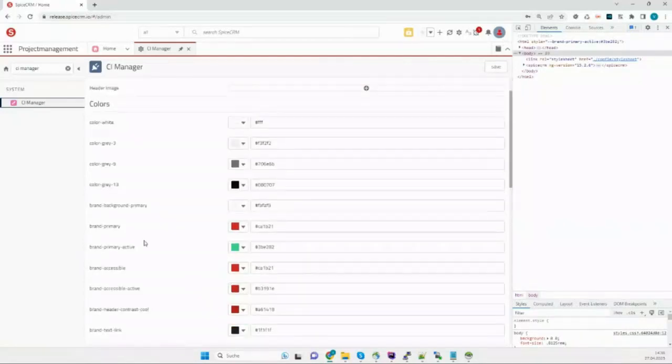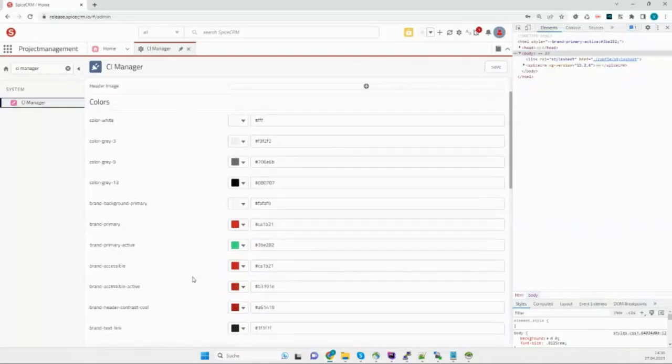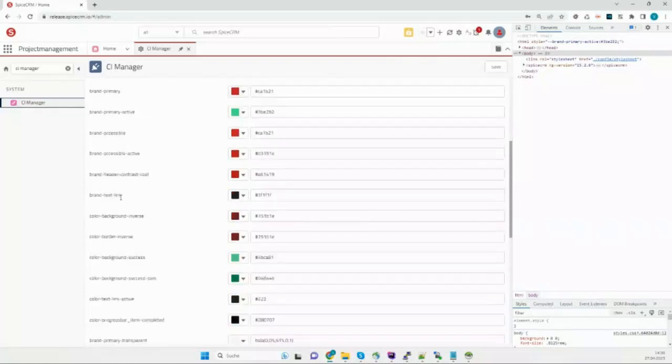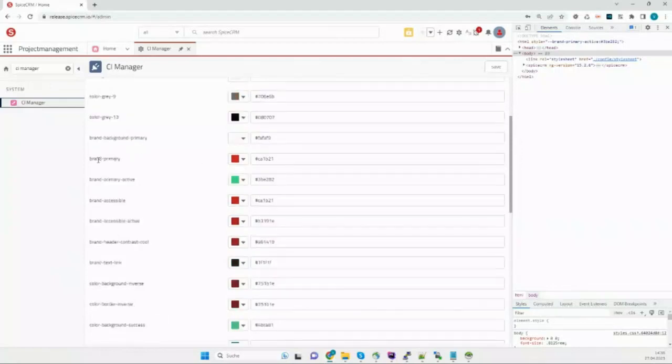You can only have some influence by switching the colors from these classes. And of course, it's not that easy to recognize which class is where. So I know for the brand primary that it's that one, because it's the one that I change for customers. What I change for customers is just icons, the login icon and this color here. I don't do more